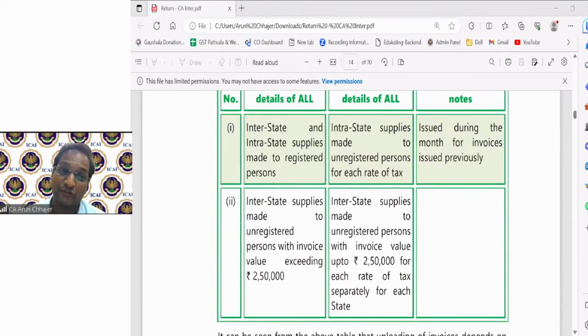What is the time of supply in case of RCM for service? Date of